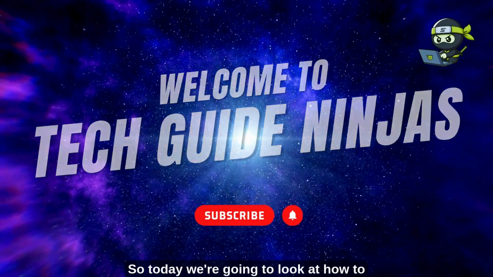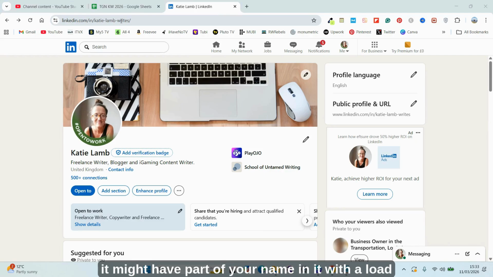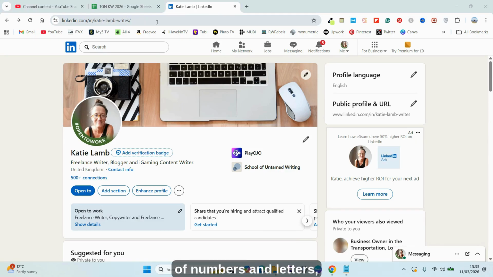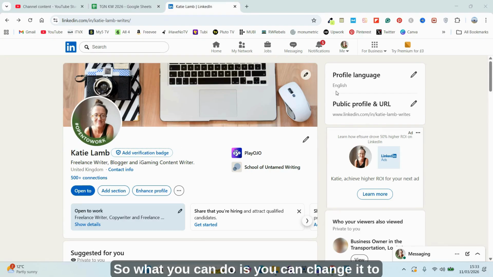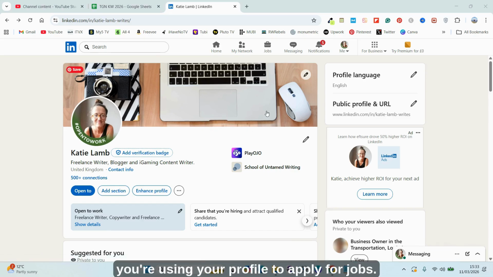So today we're going to look at how to change your profile URL on LinkedIn. When you first sign up for an account, it might have part of your name in it with a load of numbers and letters, which doesn't look very professional. So what you can do is change it to something specific and professional. So when you share it with people, you look more professional, which is good, especially if you're using your profile